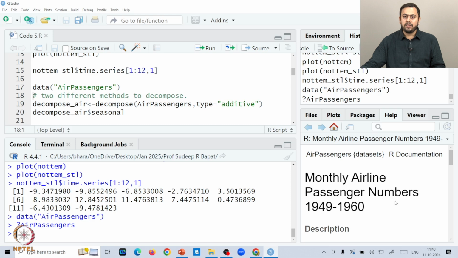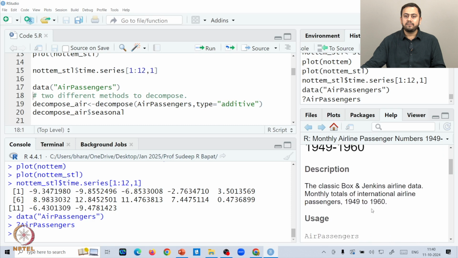But just to quickly revise what this data set means, the air passengers data gives you the monthly airline passenger numbers between 1949 and 1960. It's the classic Box and Jenkins airline data: monthly totals of international airline passengers between 1949 and 1960.